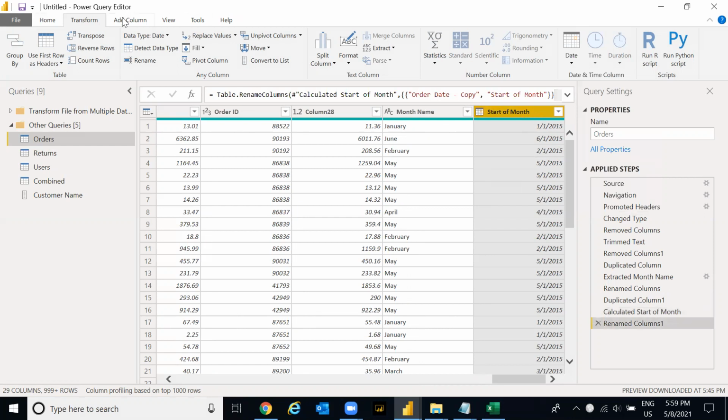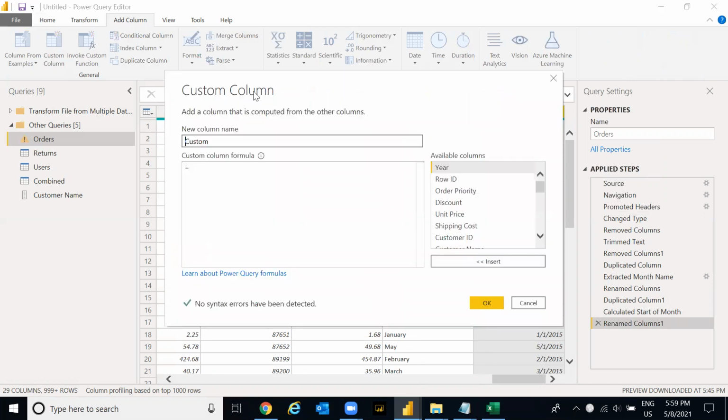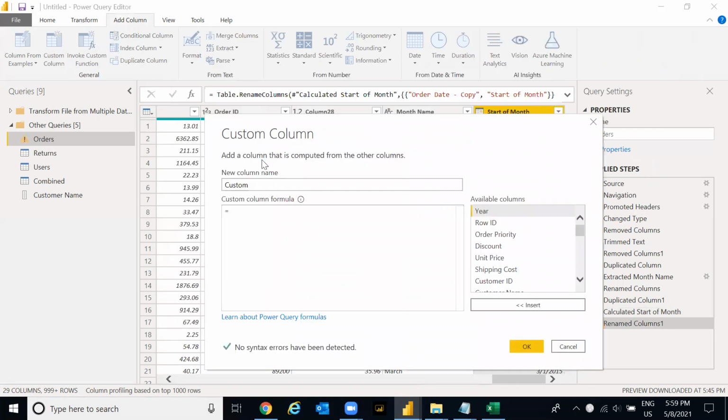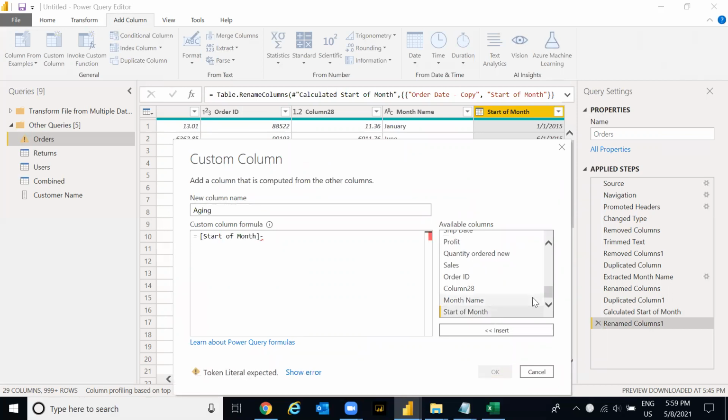We can create a new column. Come to this add column section, use this custom column. This custom column is not very frequently used. I'm not a big fan of this thing, but yes, sometimes you can use this one. So I will write the name of the function as, let's say, aging, and the function will be start of month, or I can select from the right side, start of month minus the